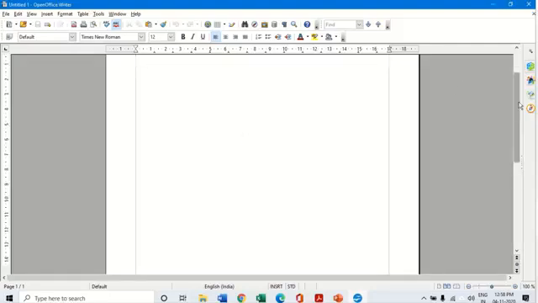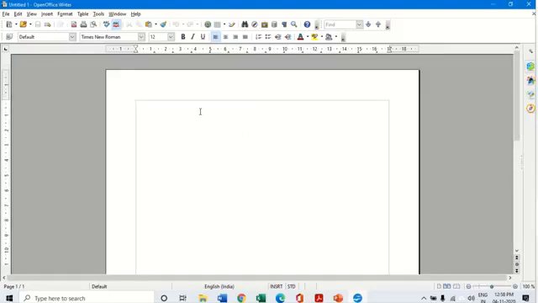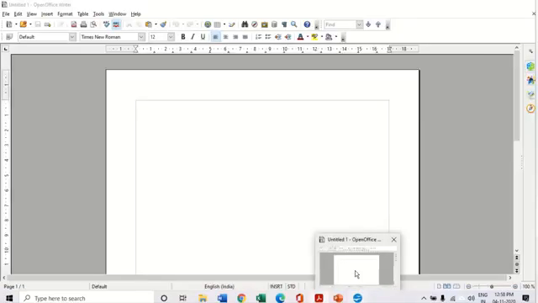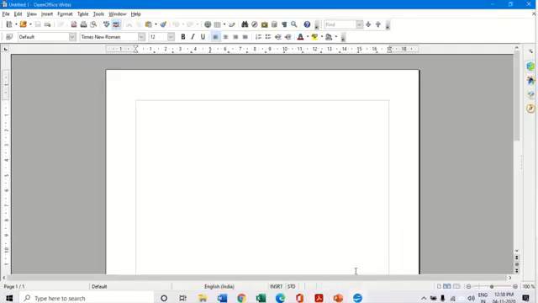Now our first session is to create styles. What are styles in a document? Styles are nothing but a set of formats which you apply on a selected page, text, frames or any other element in your document to quickly change the appearance. So anything that you do to change the appearance of your text in a document is a style.